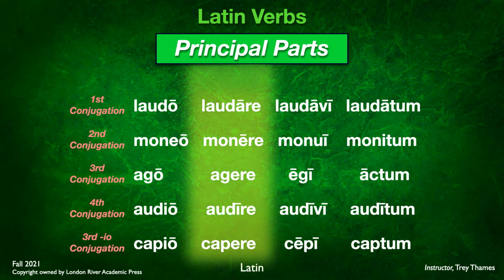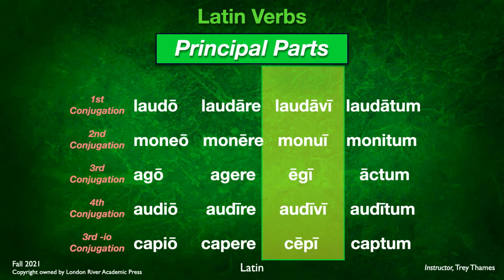Let's look at the paradigm verbs once again. Here we've got laudo, laudare, laudavi, laudatum, moneo, monere, monui, monitum. We'll look at third, fourth, and third io in just a minute. All of what we're going to be talking about in this chapter applies to all of these conjugations. It doesn't just work for first and second. So let me go ahead and state that we'll be looking at examples of laudo and moneo, but it applies to all the conjugations, which makes these forms of the verb very handy because you don't have to learn one thing for first and second and something different for third, fourth, and third io. So remember, we use the second principal part here for the active present system.